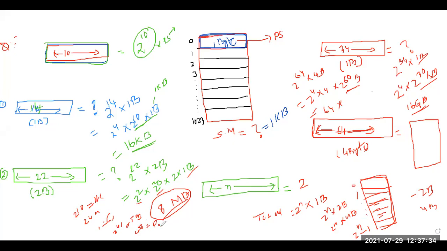And for 2 to the power of 60, that means it can support somewhere around, if you convert this, 64 into 2 to the power of 10, up to 20 TB, terabyte. So this much secondary memory can be supported if you use a 64 bit address. आज के डेट में आप इतना सपोर्ट कर सकते थे.